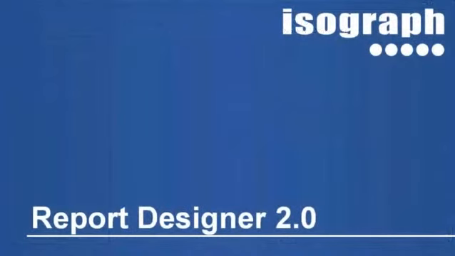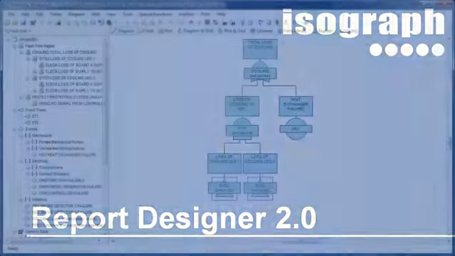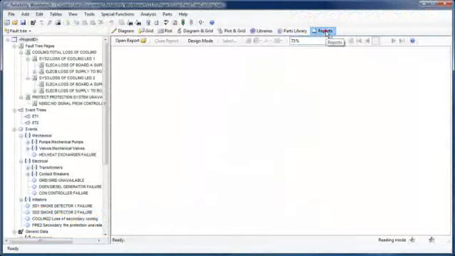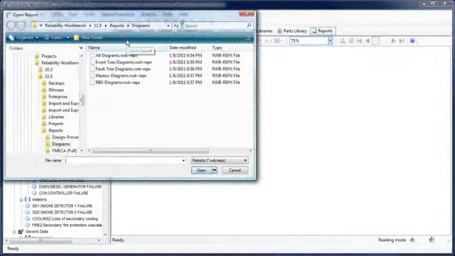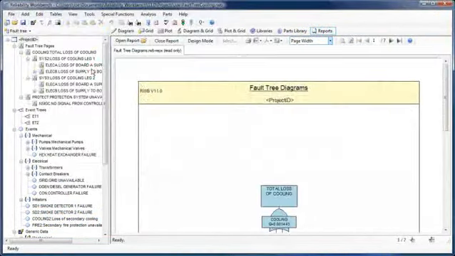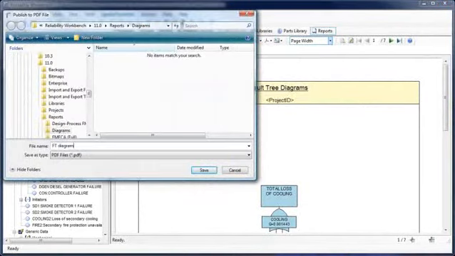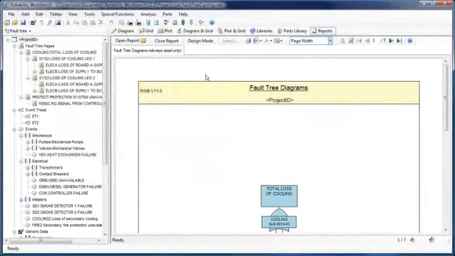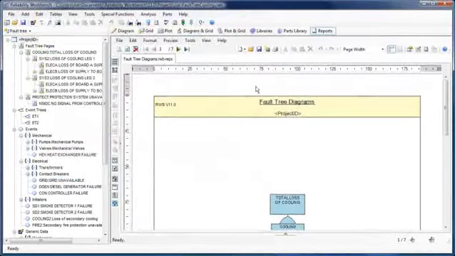Reliability Workbench now incorporates Report Designer version 2.0. Report Designer supersedes the report generator that was the integral reporting facility provided with Reliability Workbench version 10. The new Report Designer streamlines the process of creating fault tree reports. Among the new abilities in the Report Designer are the ability to export directly to PDF, a distinction between reading mode and design mode,